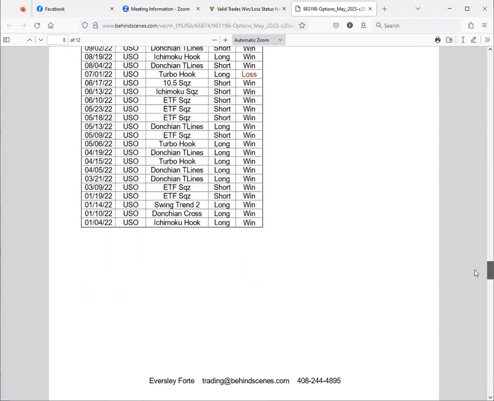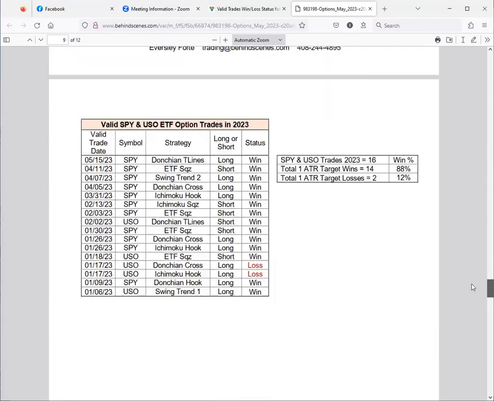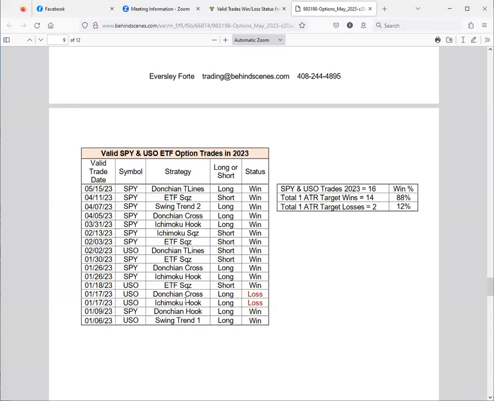Okay, so let's go back down here. So this is pretty much how we go about it. We track all of this so we know what every ETF is doing. We update it every 3 months, and we send that out to all our coaching clients. Now let's go back to